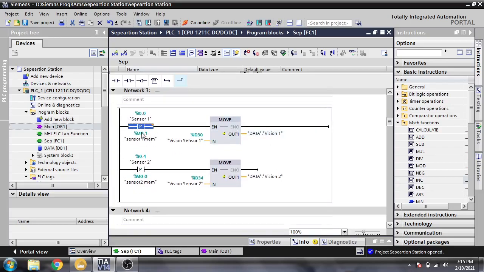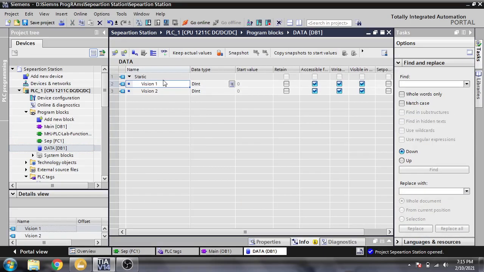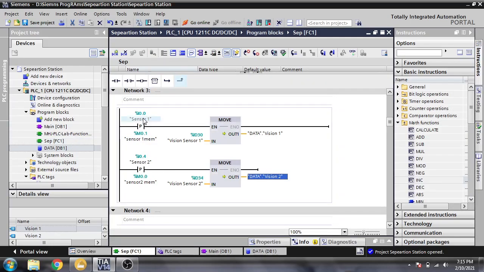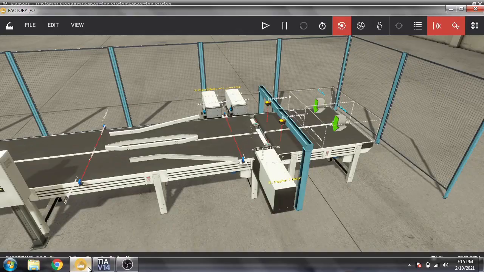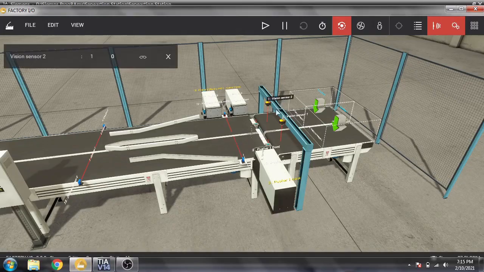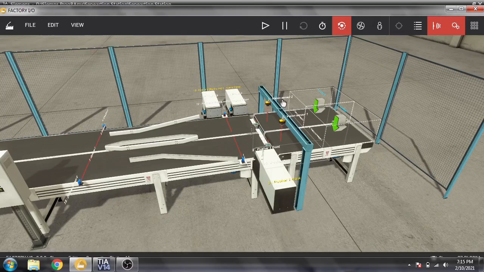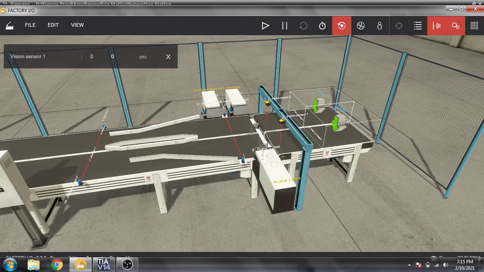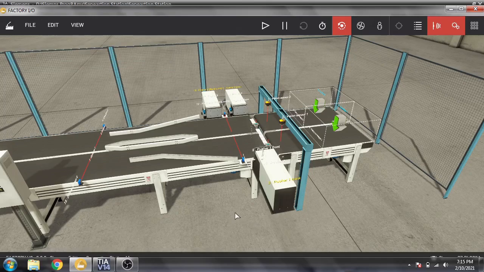So you will see that I created some data blocks there. Here it is, data, which is DINT, which stores our value when sensor 1 touches and the vision value has moved to that one. So when our plate touches that and the sensor below, it will store the value in our data block. So sensor 1 and the down sensor will store our value.